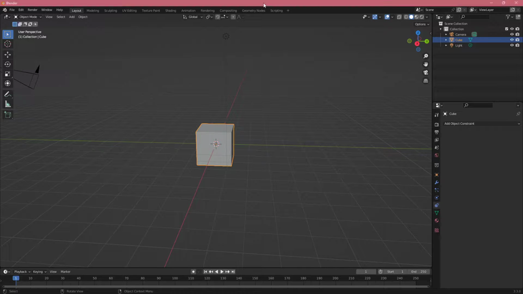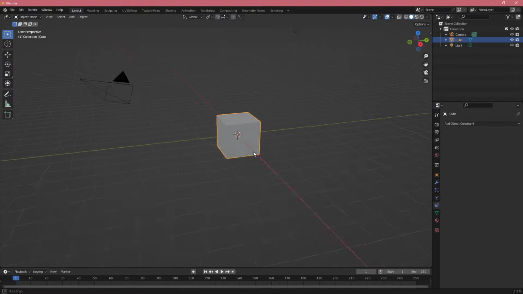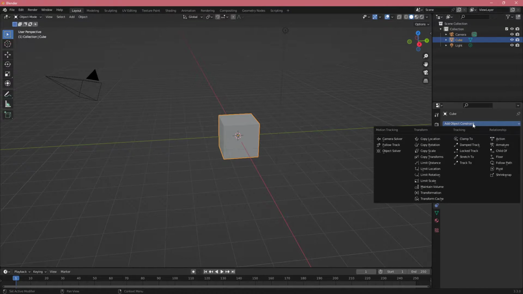So now that we went through animations, we are going to go through constraints so we can see how we can constrain or add constraint on objects that can help us with animation or even with working in the engine or the software. So we have the object selected, and if you go to this tab, which is object constraint properties, we have this add object constraint, which basically means we can in some ways constrain the object to do